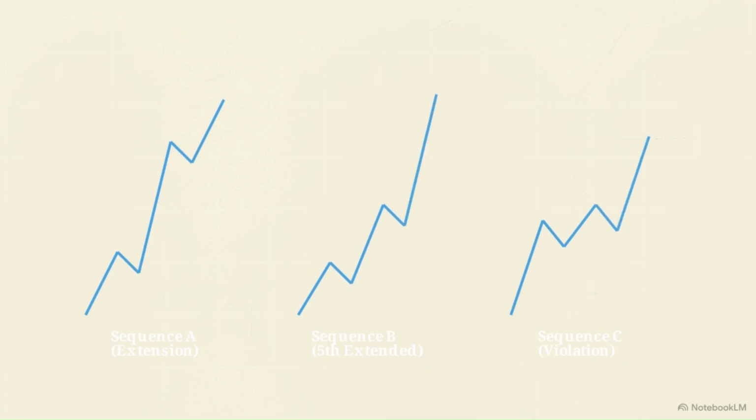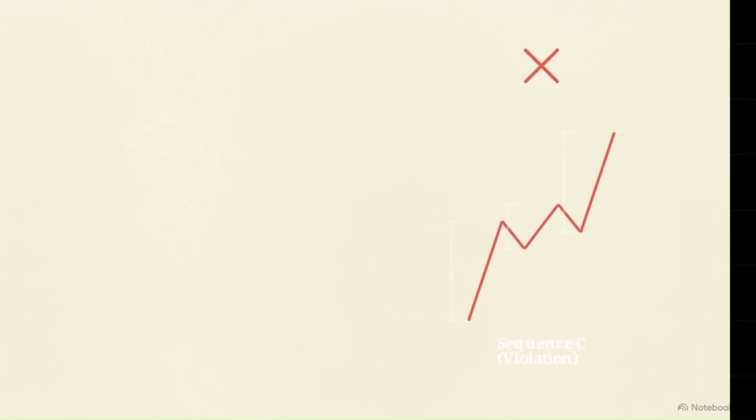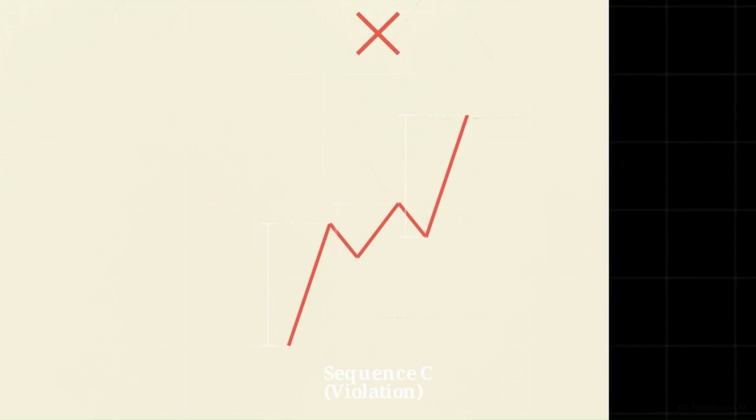Rule 2 focuses on motive waves. Wave 3 can never be the shortest in the sequence. It doesn't have to be the longest. It can be the middle of the pack in price distance. It just cannot be the absolute smallest. Wave 3 typically reflects the strongest part of a trend. If it lacks sufficient length compared to the other waves, it indicates the market lacks the conviction required for a